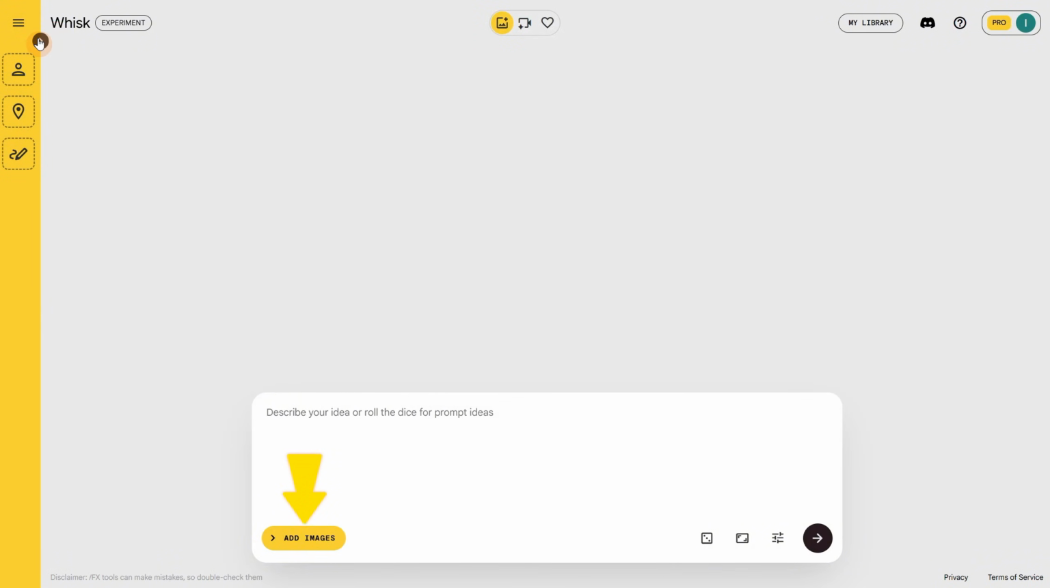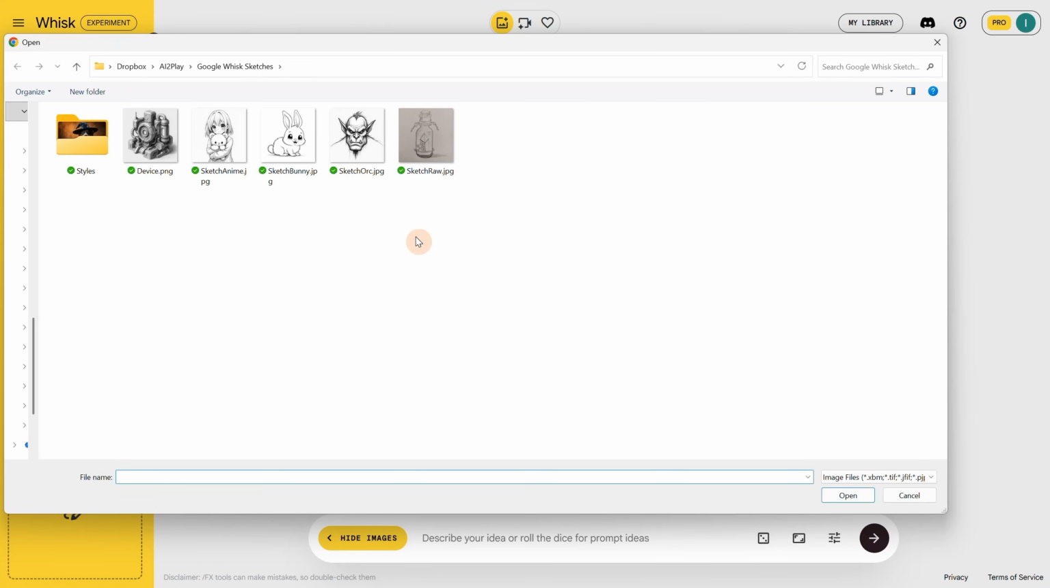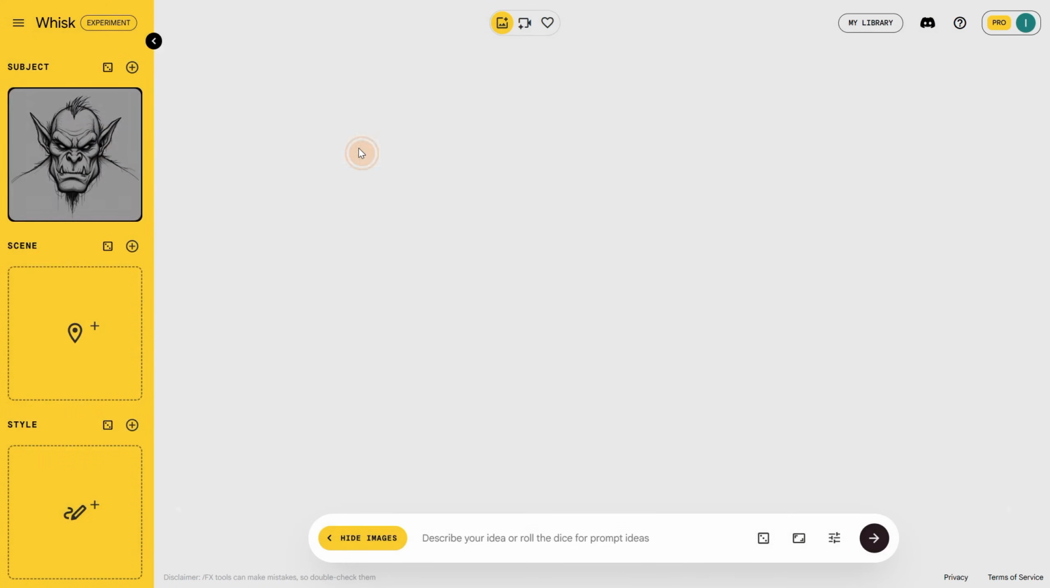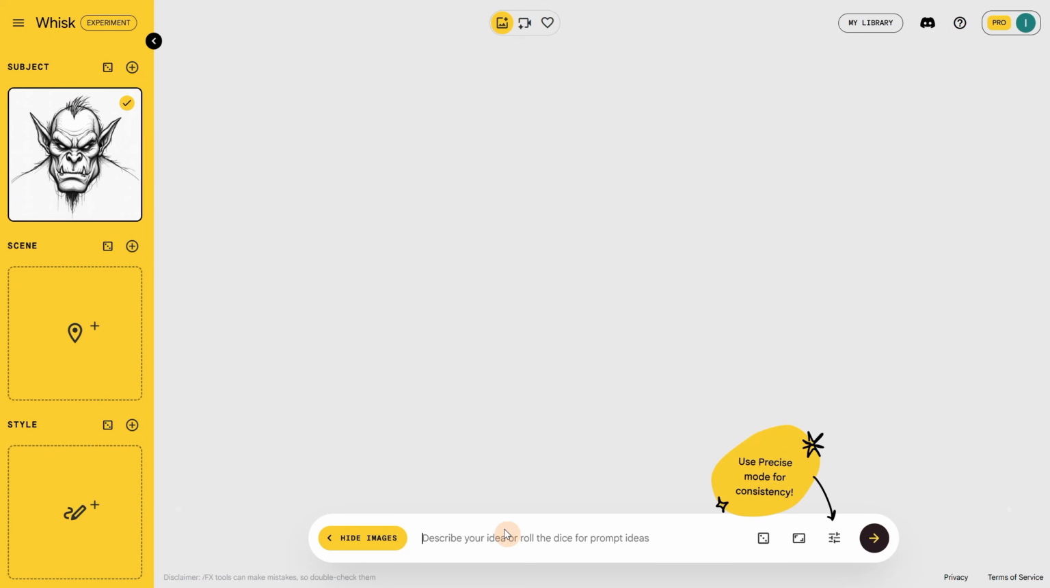You can click on Add Images or on this arrow to expand the sidebar. What we will use today is the subject section. Since we are working with sketches, the subject will be our actual sketch. Click on Upload Image, and I have here a few sketches that I will try today. Let me add this orc sketch, and you will see it's analyzing the image. It knows how to include that subject, and after it's analyzed, we can add a prompt and transform our sketch